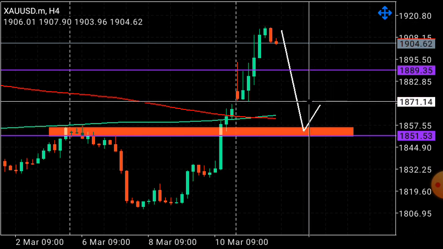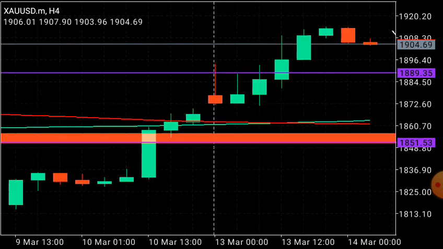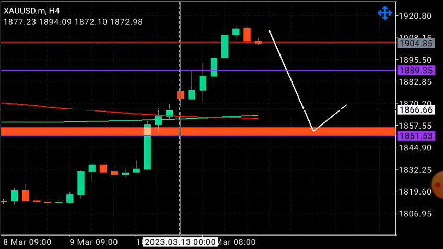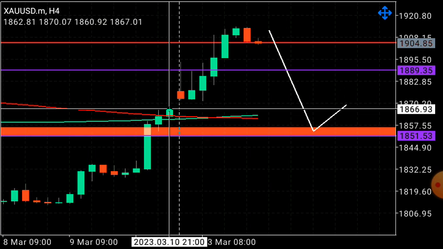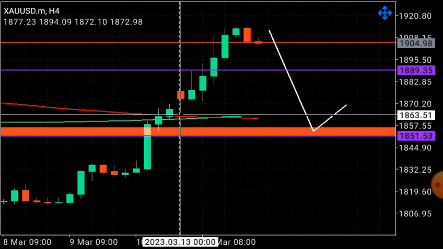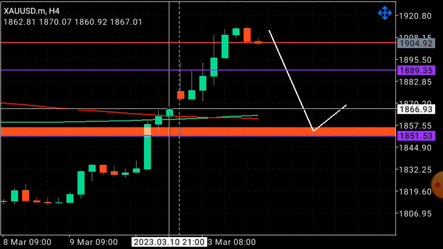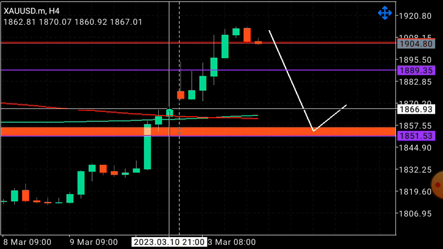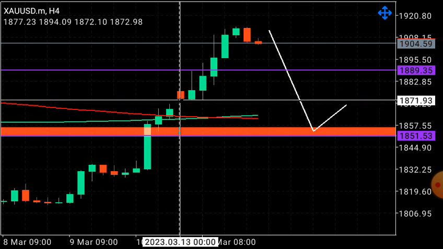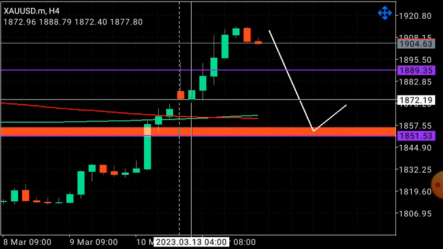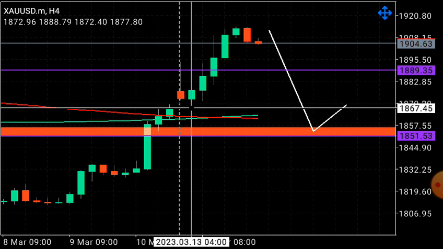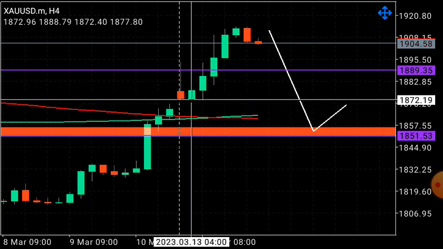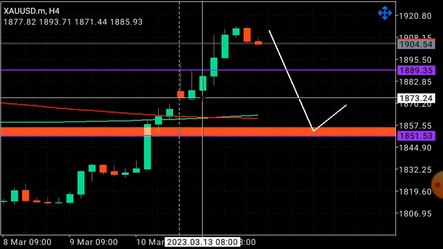But currently, if you can take a proper look here, we have the previous candle close of 9 p.m. on the 10th day of March. So we had a bullish candlestick, it closed there at 1866, and the next week candlestick on Monday opened at 1872. This one closed at 1866. This one opened at 1872. So there's a difference of 6 points, or I can say 6 pips. So we have a gap here.